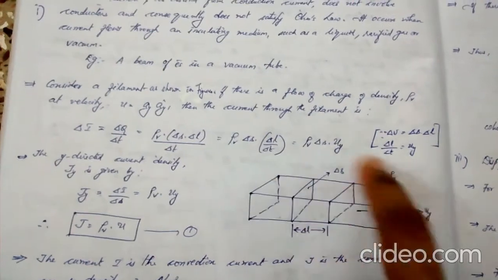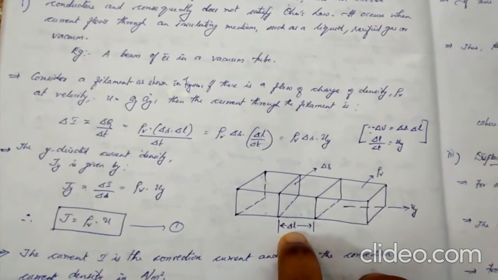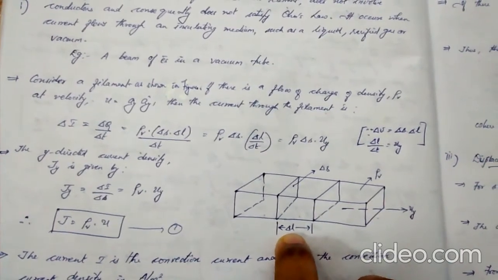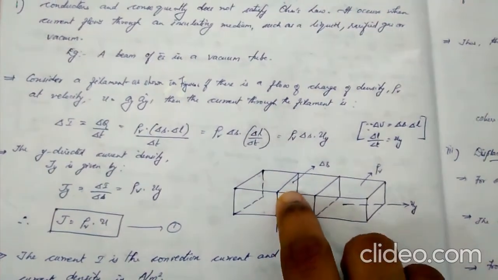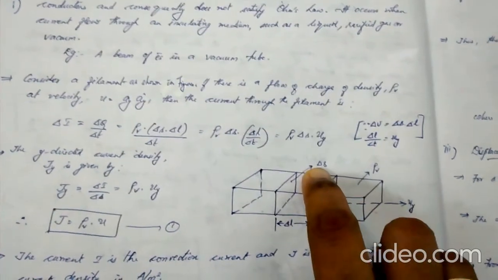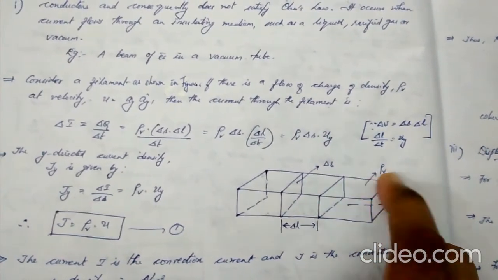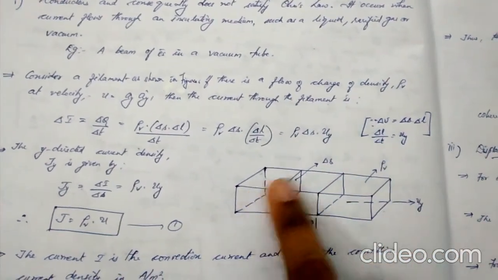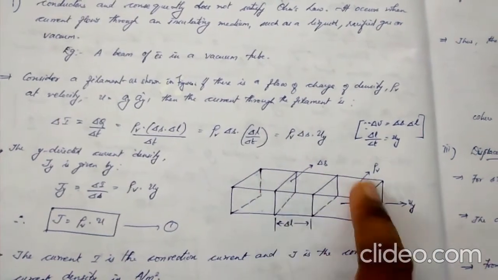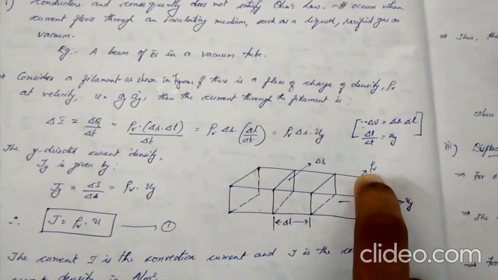surface, or a volume like this. Okay. You can see the length of the small elementary closed surface you have considered is delta L. It has a cross-sectional area. This is the cross-sectional area, having an area delta S. Okay, and you are considering a volume charge density. Okay, the current that is flowing through this closed volume has a volume charge density rho V, and you